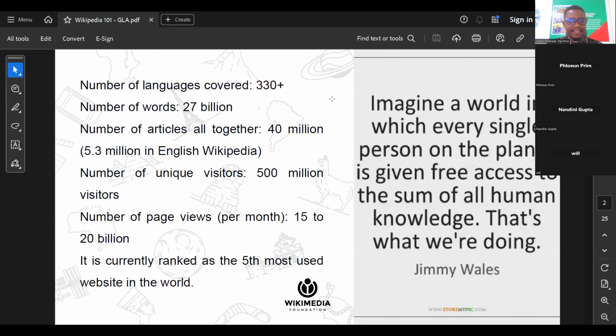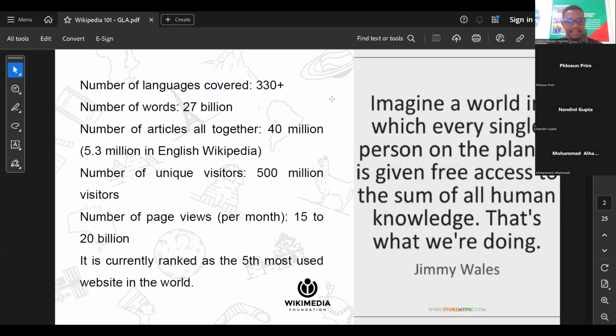Wikipedia is an online encyclopedia, and Wikipedia is currently available in over 330 languages globally. The number of words on Wikipedia, at the time we were preparing this slide, was around 27 billion. The number of articles altogether within the Wikimedia languages is 40 million, and in English alone, almost 6 million.